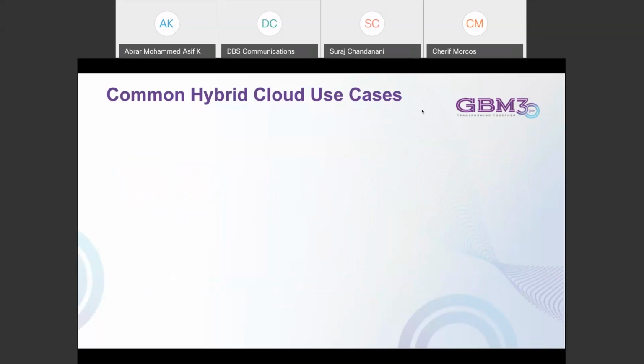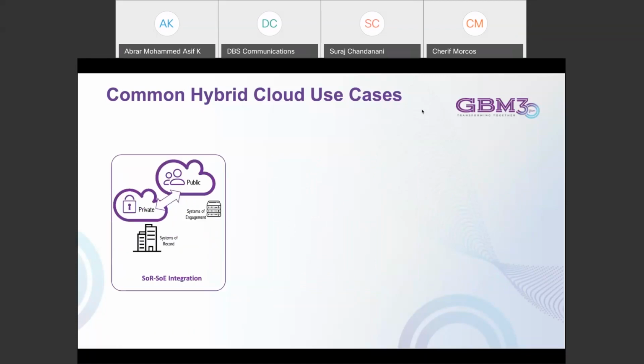Now I have 3 more use cases which are upcoming, and you have started seeing them amongst organizations here. The first one being the integration between systems of record and systems of engagement. By systems of record, I mean systems that are your legacy applications and the core data that the organizations have. While systems of engagement could be new applications, new channels of engagement that the organization would have to connect with